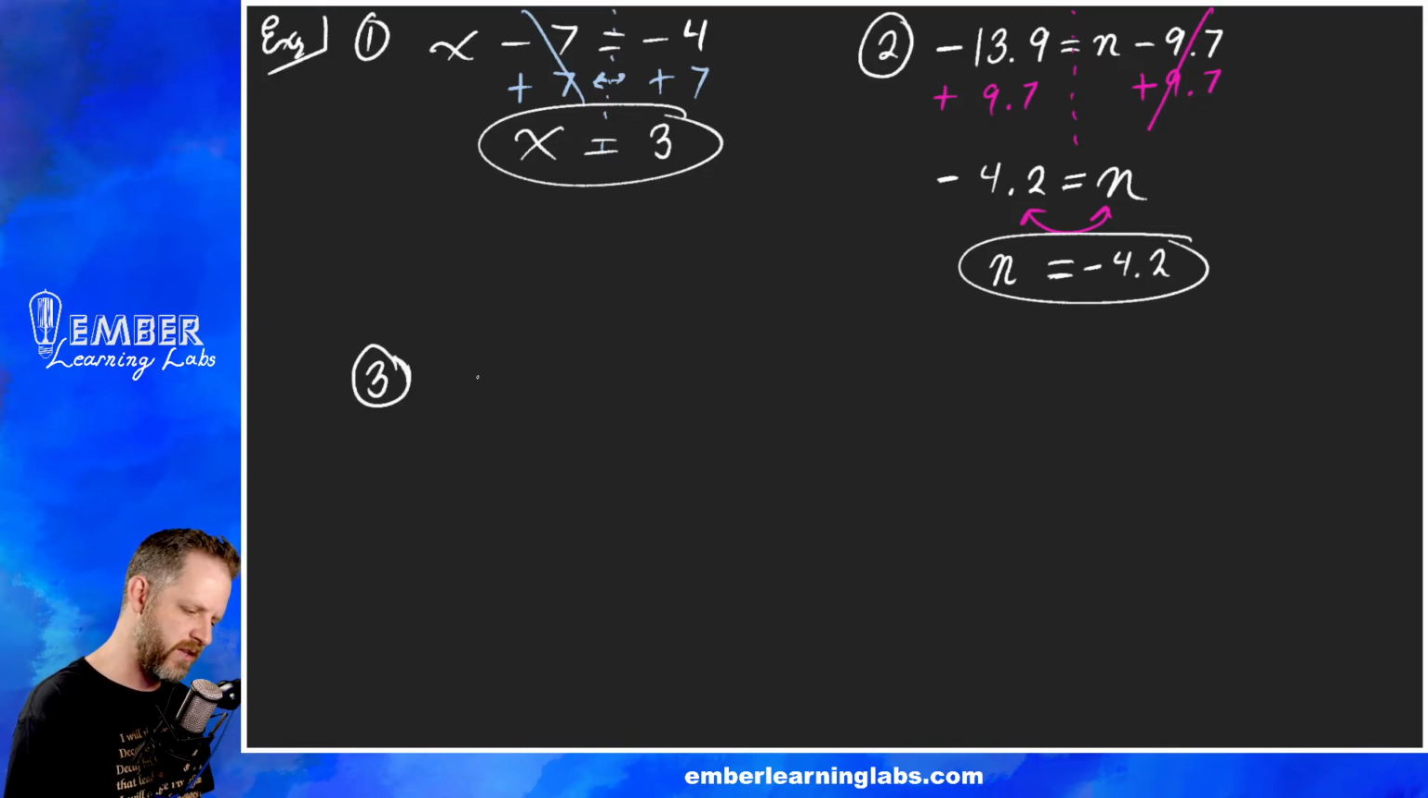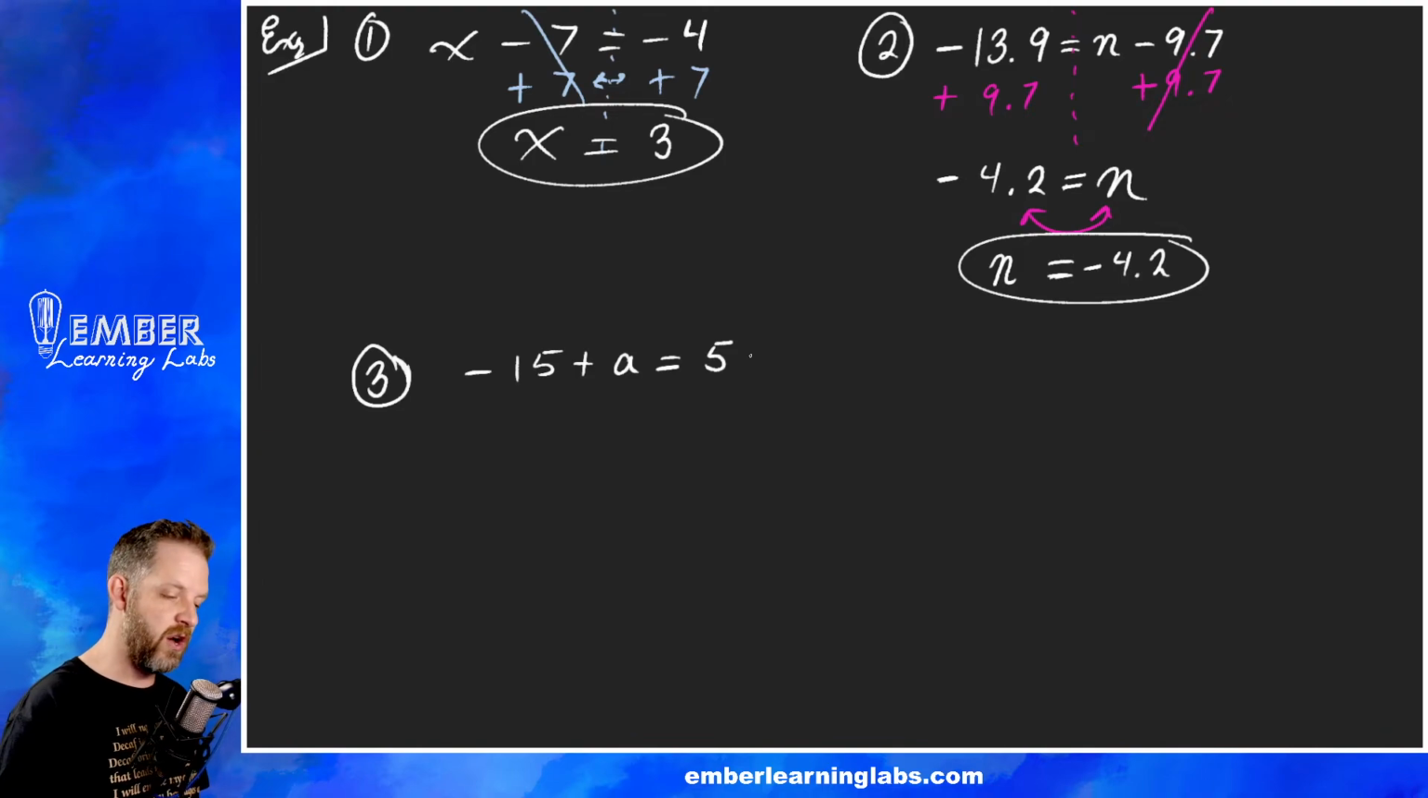So let's do this one. -15 plus a equals 5. Okay, so we don't have any cleanup. We're going to look at what's attached, how's it attached, and do the opposite to get rid of it. So what is attached? That's 15. Now,